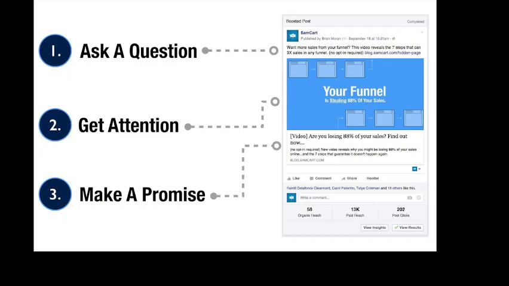And the little formula that we follow here is, number 1, you want to ask a question. Number 2, you want to get attention. And then 3, make a promise. And the steps are really, number 1, you want to get attention. Like, if no one is drawn to your ad, if you don't get the attention of people, you're not going to be able to ask them the question or make them the promise and get them to click. So step number 1 really is get the attention, because that's the first piece that's going to happen,